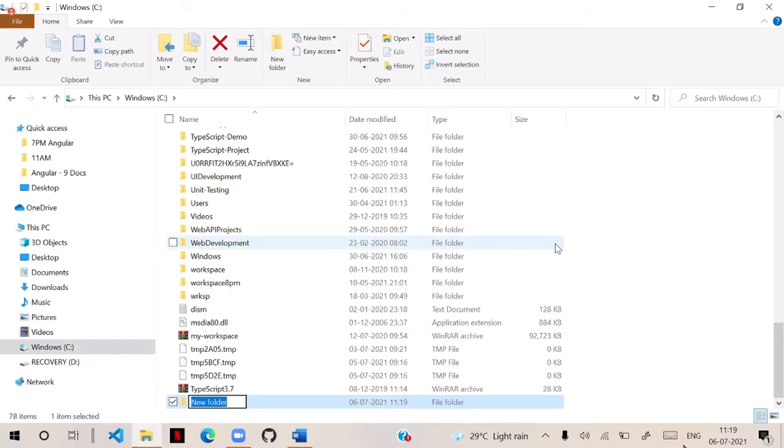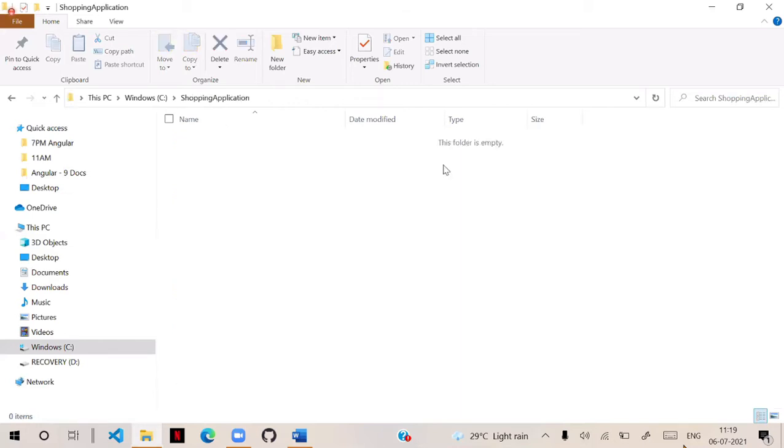I will give this folder the name web application, or any name we can give. Suppose I am giving shopping application. That's the name we are defining. This is a shopping application, just an empty folder.